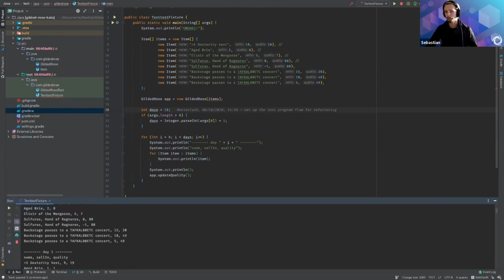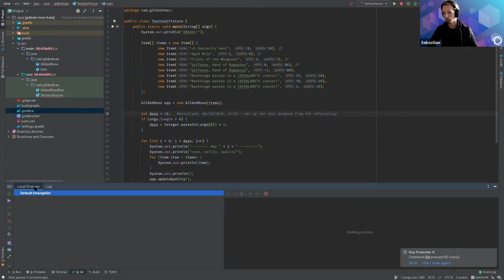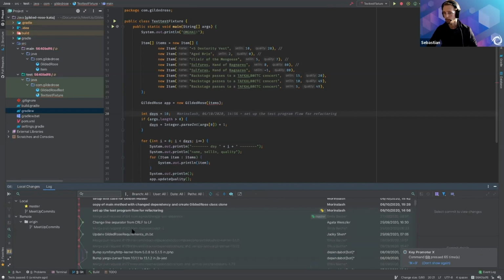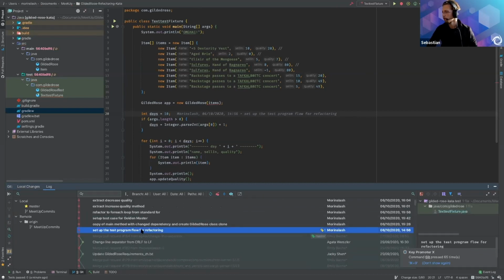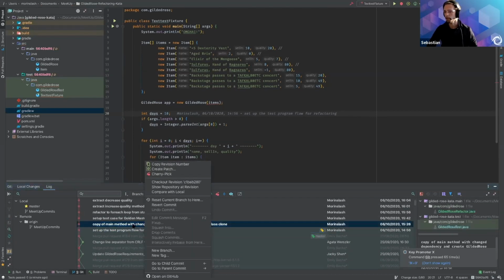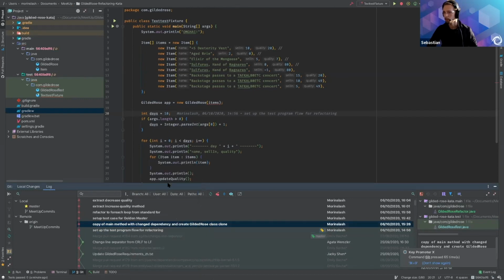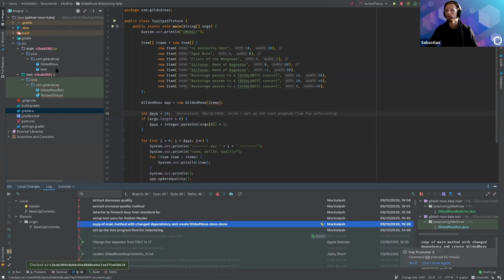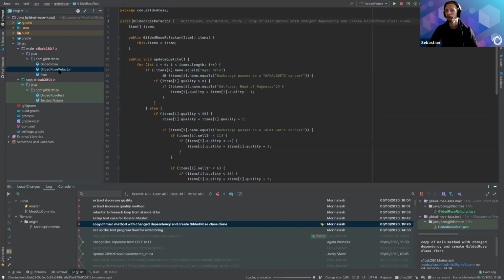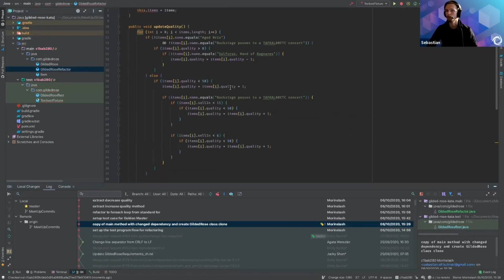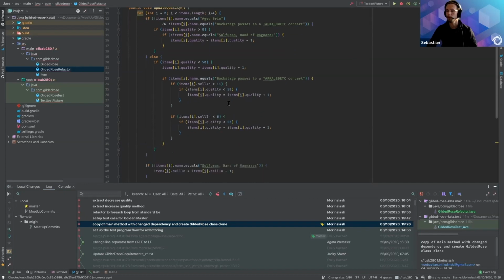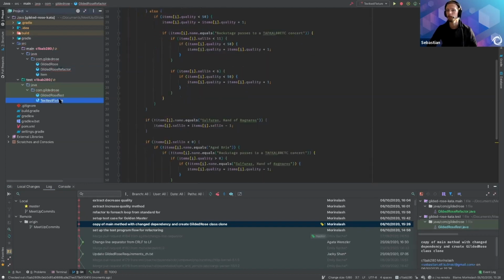So for the test purposes, let's get back to the test. For the test purposes in the second part, what I've done, I've cloned the original class, just not to work with the production code directly, to keep the output.